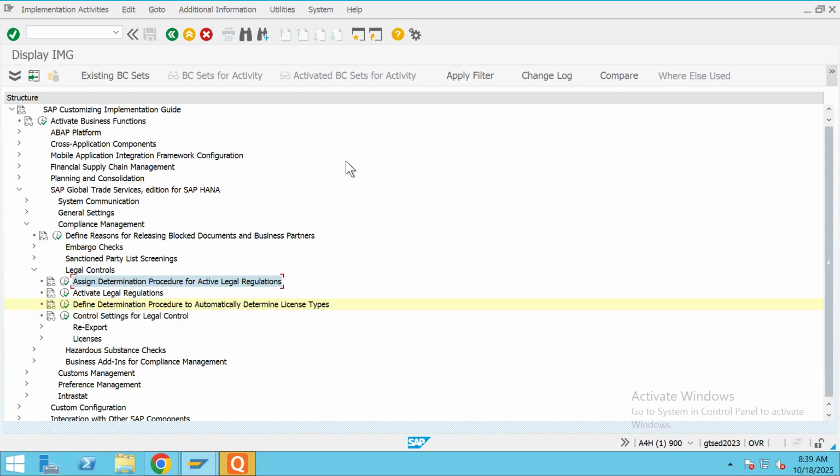in order to perform a screening at each application area, the system needs to confirm what level of legal regulation controls, what level of legal regulation screening controls, it has to take into consideration. Why? Because